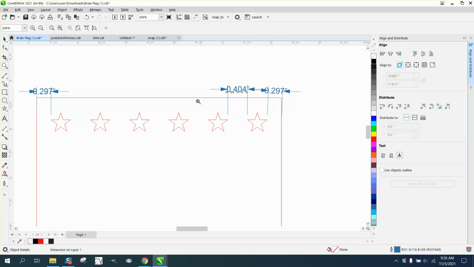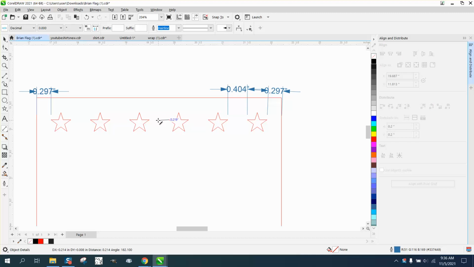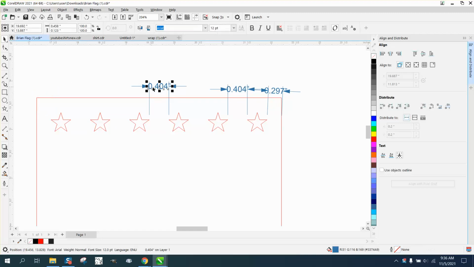Little quick video. I'm not going to do the whole thing, but I started thinking when that other video was loading that the stars are equally spaced apart, but they're not equally spaced apart between the edges. And if you look, I've just measured it's 2.97, but it's 4.04 between the two stars. And by doing that, I just took the parallel dimension tool and went from that node to that node, and I get 4.04. So there is a way to do that, and you could do it on the whole, everything,